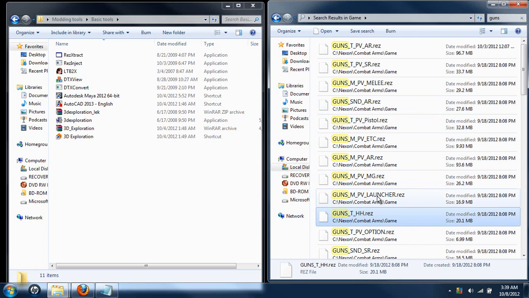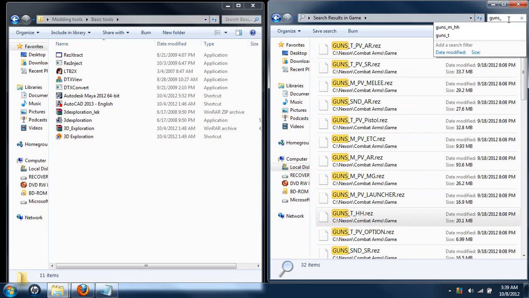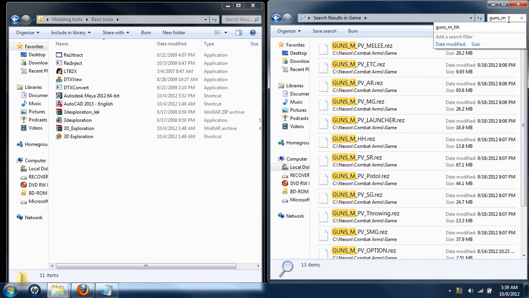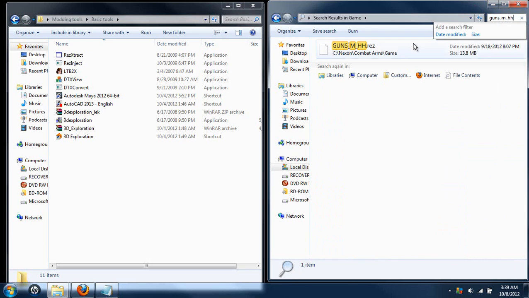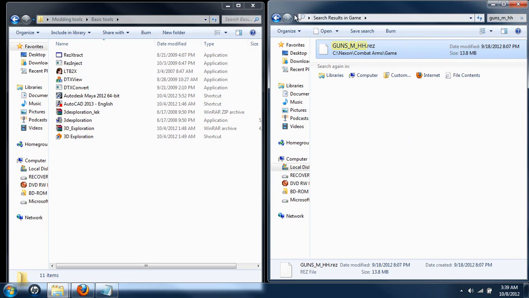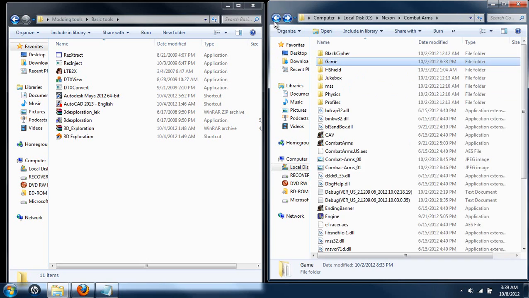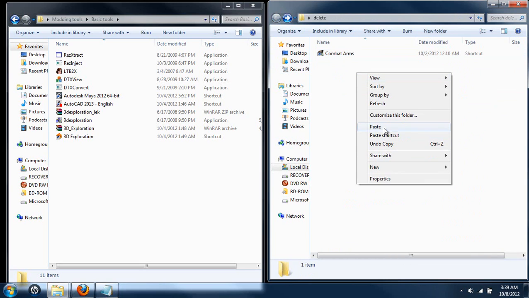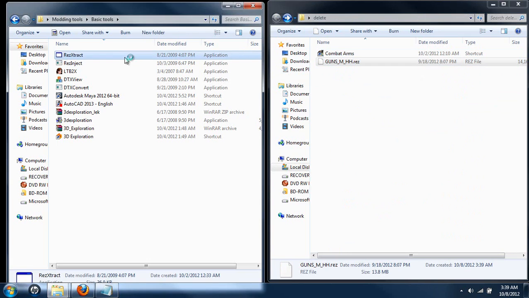We've got texture HH. We need to go up here and search. We don't have to go up here. Model underscore HH, and there we go. This will be a 3D model of all the guns. We need to go back to our main folder, paste it in there, and now we need to open res